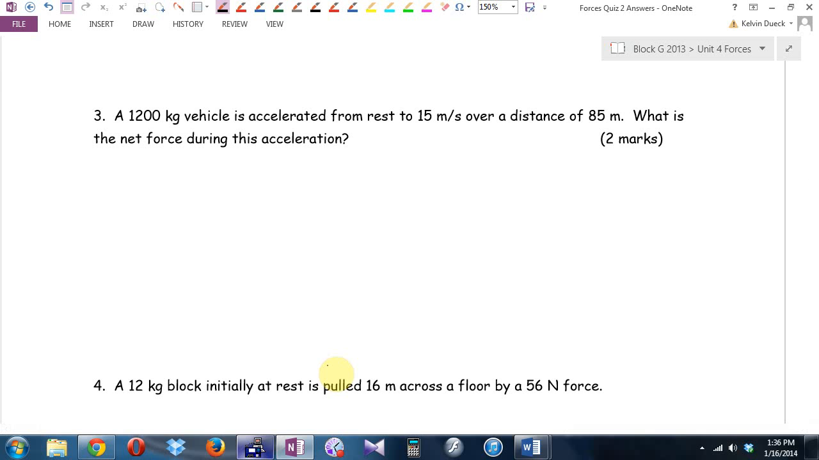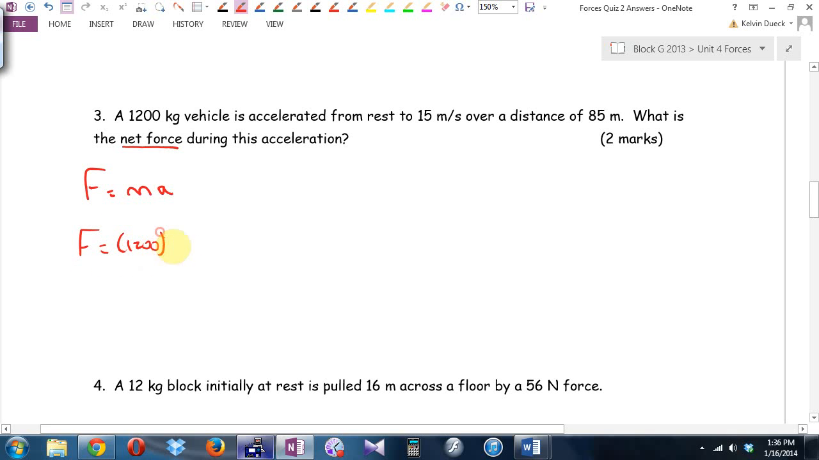Number 3. They want me to find net force, which is always just ma. That's it. So this should be really easy. Mass is going to be 1,200. a is,